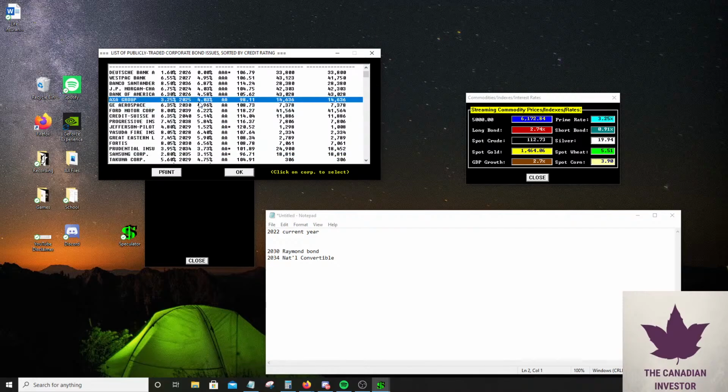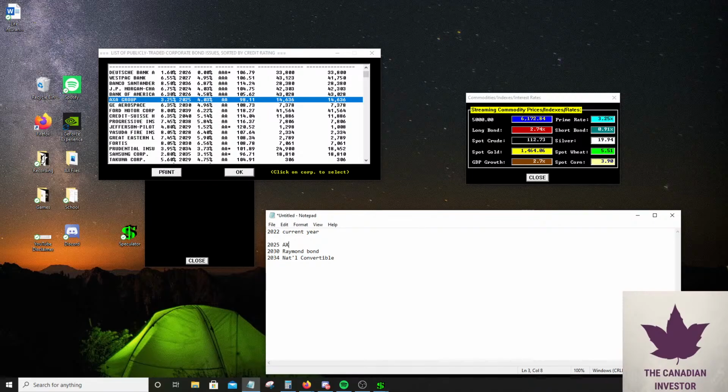So 2025, this might be pretty good. 2024, this one's pretty good, because it matures in about 2 years. So if interest rates don't go up for 2 years and then they start going up 2 years from now, this could potentially be a good deal for us. And we're going to make about 8% off of it. So we might make a bit of a profit on that. But we're paying a bit of a premium for it, which sucks. 2025, this one's probably our best bet. Yeah. So we're going to do a 2025.